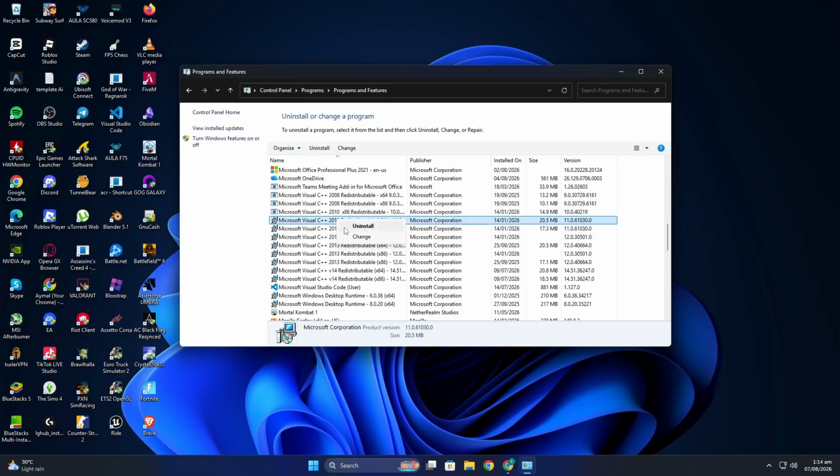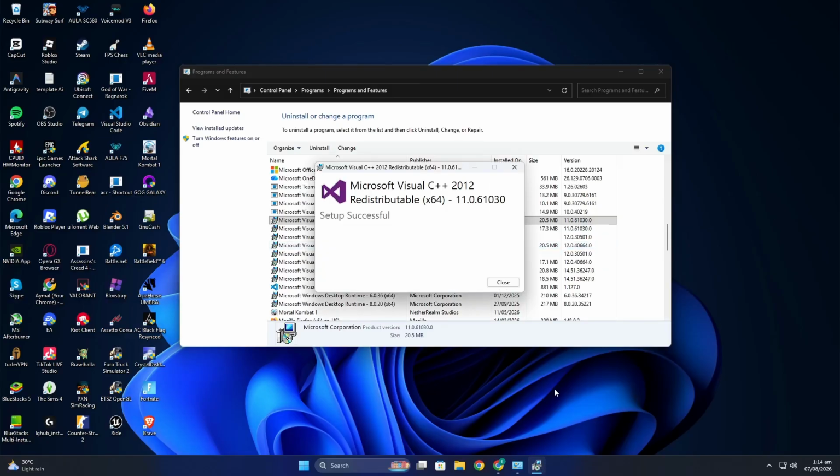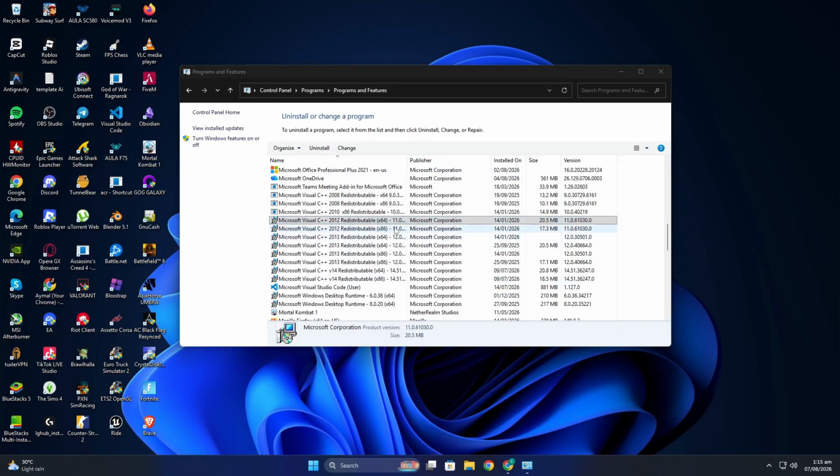Right-click it, or select it and click Change at the top. When the setup window opens, click Repair and wait for the process to finish. Repeat the same steps for every Microsoft Visual C++ redistributable installed on your PC, including all the x64 and x86